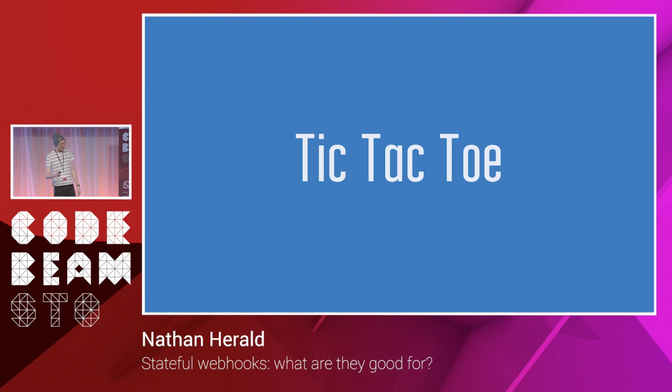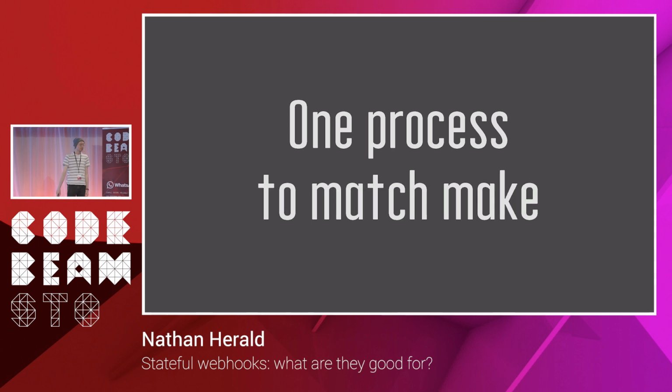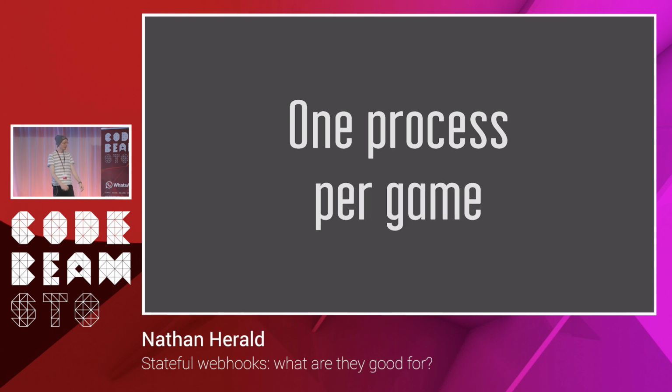But if you were to implement a game and you were to use something like this, whether it's webhooks or just gen server processes, you could have 1 process per player, right? And they could talk to each other. Then you could have a process to match them up. So if it's a 2-player game, you want to pick 2 people and be like, you're playing a game now. And also a process per game. But then everybody's talking to each other, and it's very nice. That's actually a really good way to do it.